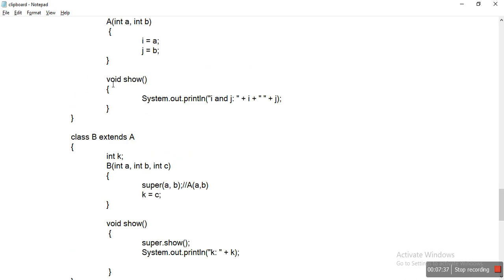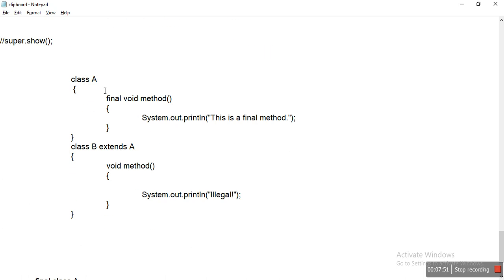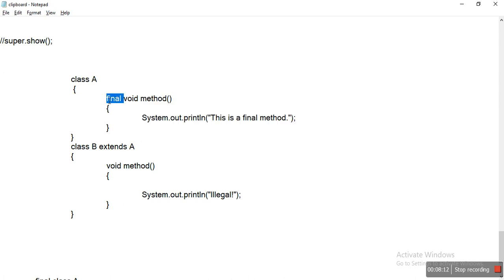To prevent overriding this show method, we declare it as final. In this one more example, we have a parent class A and child class B. B is extending A, which means it indirectly inherits all the properties. So now this is possible.